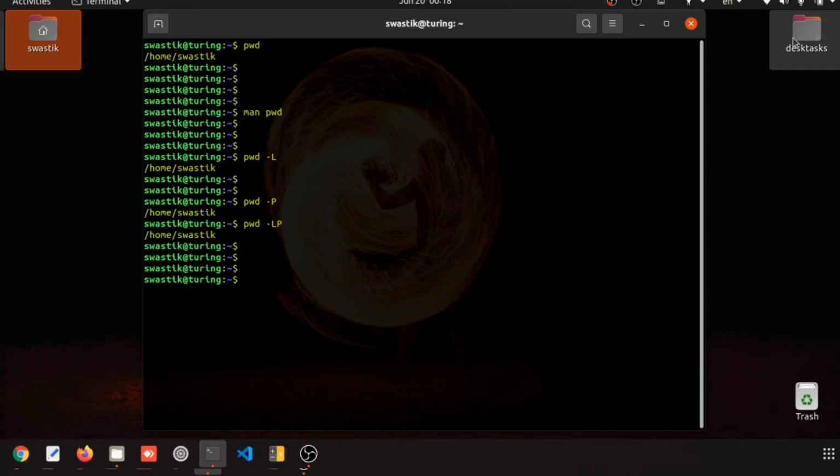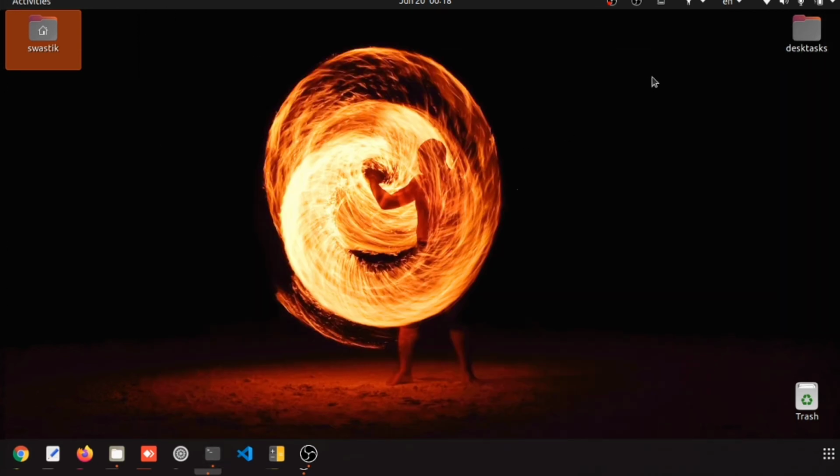Now if you see in the graphical user interface, there is one directory called desktop. This is a link, this is not a directory, and also this is not a directory. Now in the operating system, in this screen we are actually standing in desktop.